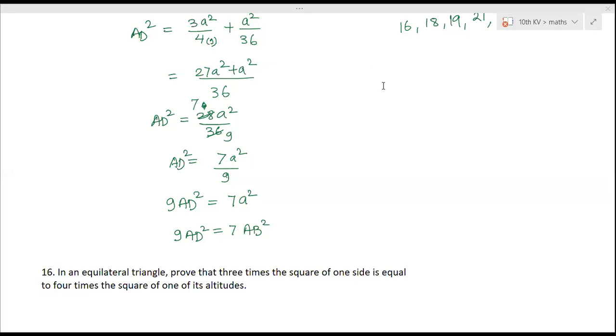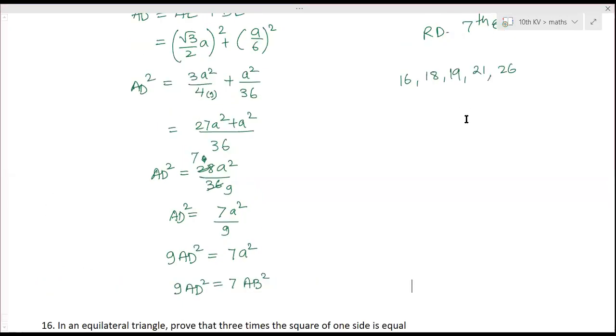Any doubts in homework? These questions repetition I told you to do, and some question numbers I've given, no? 5, 6 question numbers. Is there any doubt in those questions? 19th question's fourth bit. 19th question.